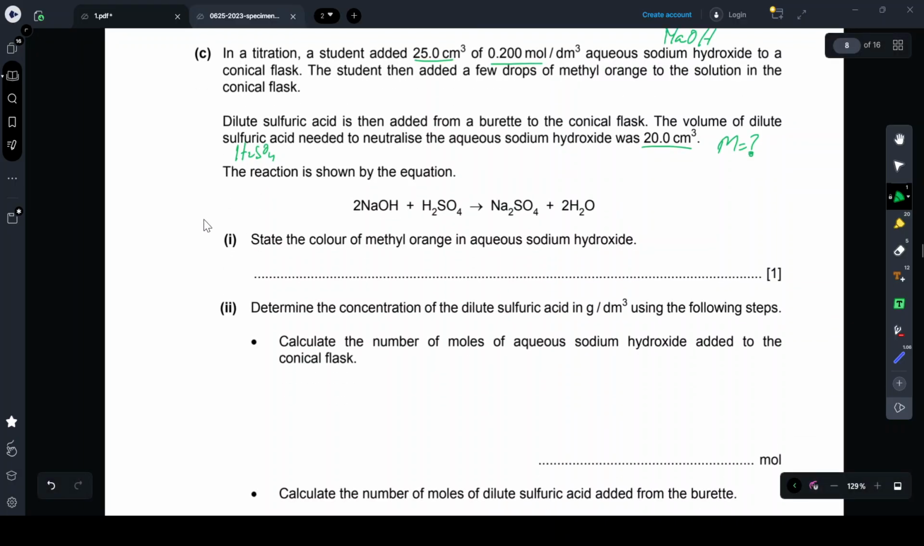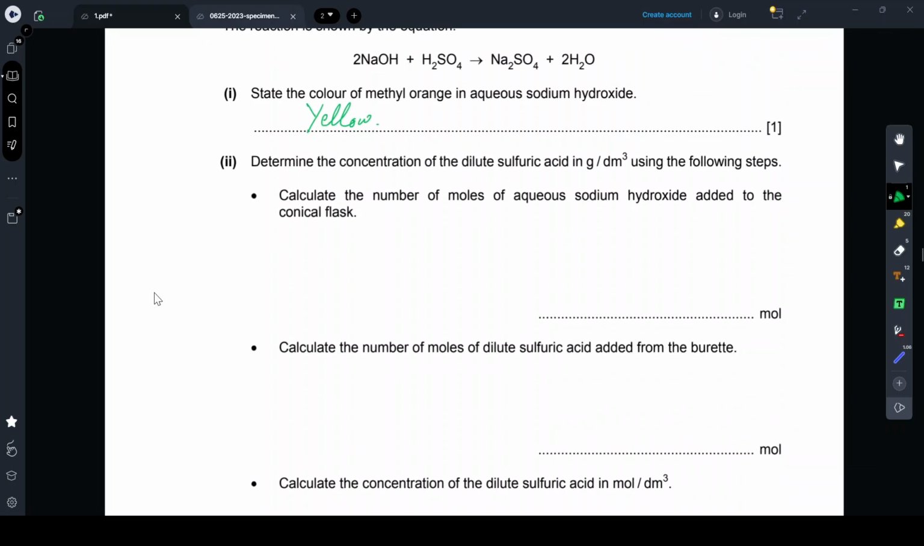Okay, so the reaction is shown by this equation, and they've given you a balanced equation. First of all, what is the color of methyl orange in aqueous sodium hydroxide? Yellow. So it is yellow in alkaline solutions. Now, determine the concentration